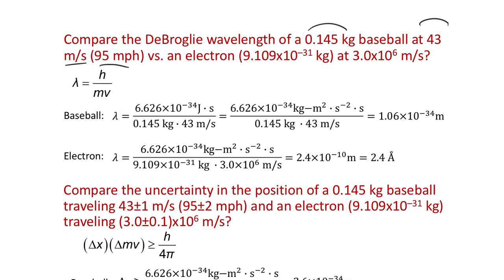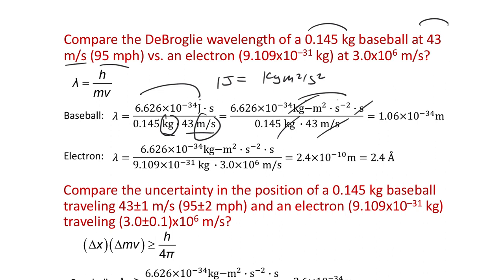And so for the de Broglie wavelength for the baseball, I need to take Planck's constant, joules times seconds, divided by the mass of my particle in kilograms, the velocity in meters per second. The reason why I want these specific units here is just so the units work out. So a joule is a kilogram meter squared per second squared. And so putting the units into joules times seconds, we want the mass of the particle in kilograms, we want our velocity in meters per second,